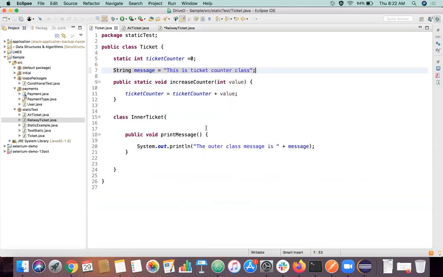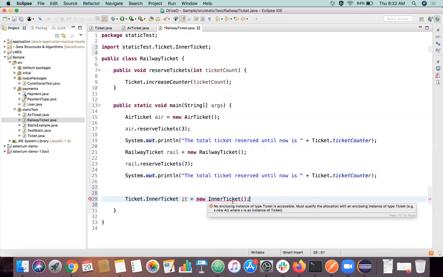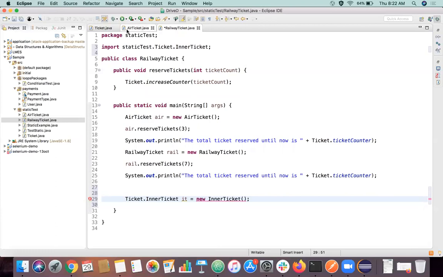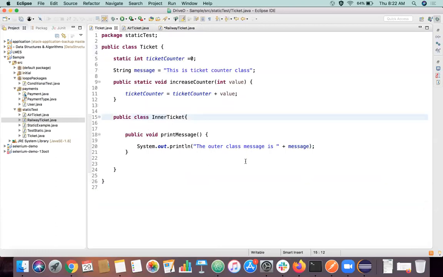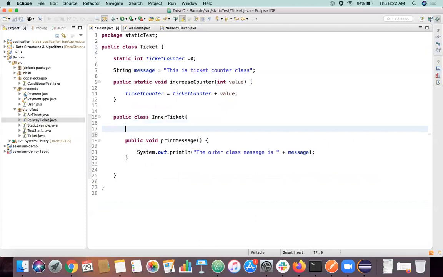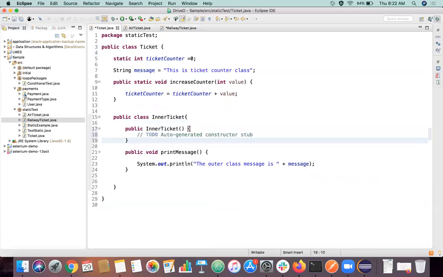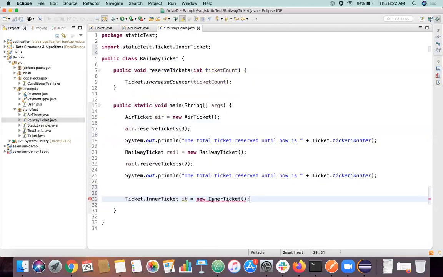No enclosing instance. Okay, I'm not sure why this is happening.